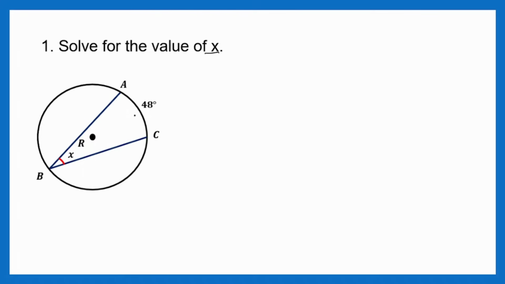Tapos given sa atin yung intercepted arc niya, which is 48 degrees. And as we recall, di ba, sabi sa atin doon sa statement kanina, yung measurement nitong intercepted arc ay kalahati niya. Right? Ang kalahati nito is this one. Tama? So we can just divide this. Ang sagot ay ito. So if we're going to represent that, ganito siya.